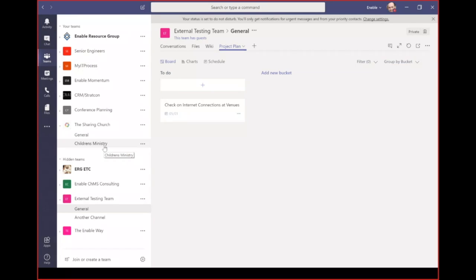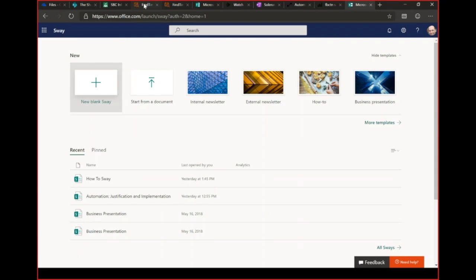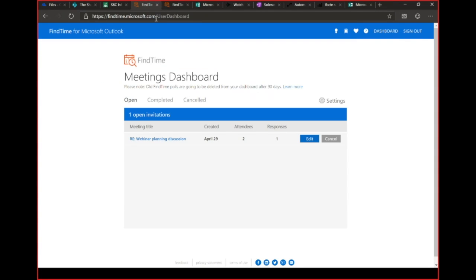That's great. Okay, a couple more that I don't think will take too long. Where can I locate Find Time? So Find Time is available at, I want to get the address right. I believe it is just findtime.microsoft.com. What you will also find if you are using Office 365, you probably will want to enable